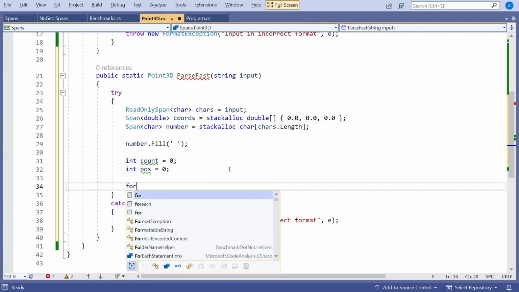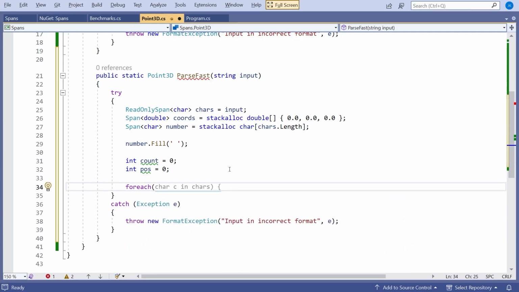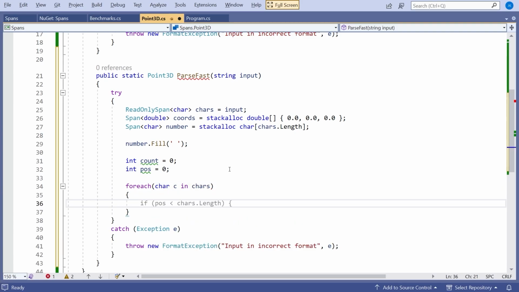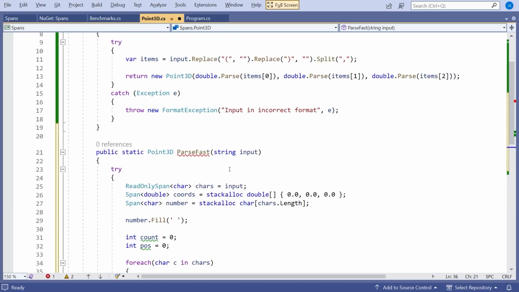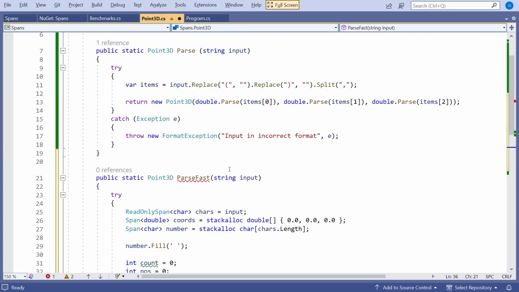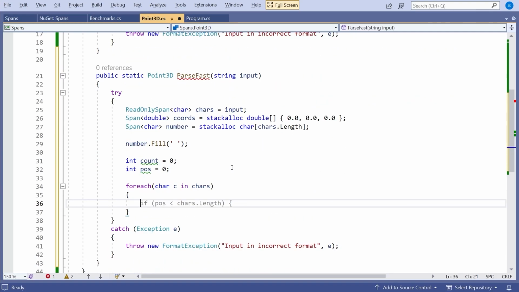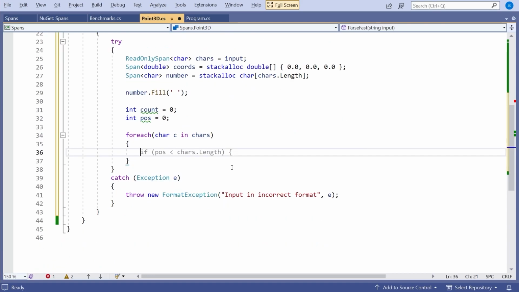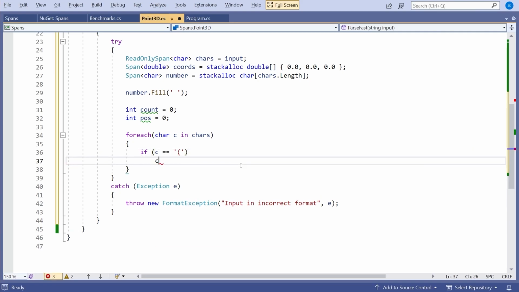And now let's put in a for each loop. And that's going to be for each char in chars. So we're looping through the read-only span of chars. You'll be noticing already this is vastly more complicated than the much simpler code that we had when we weren't worried about performance, and that's often going to be the case. So you don't do this sort of thing for fun, you do it when you really have a serious performance problem to solve. But what we're then going to do is, well, firstly, we're going to say if c equals, and then open round brackets. Well, we know we want to ignore those, so we'll just do a continue in that case.